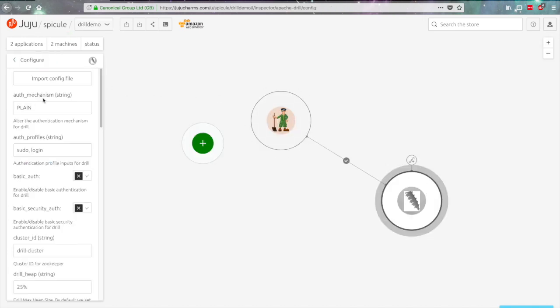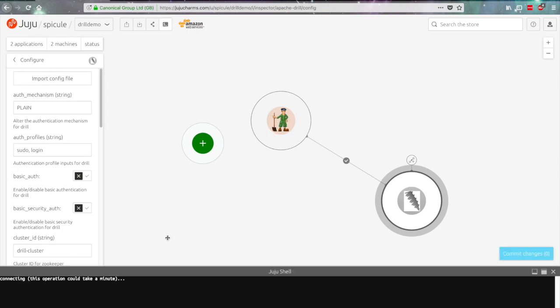So next up, we're just going to have a look at the configuration. You can see there's two settings in here. One is basic auth and one is basic security authentication. So what we want to do, you don't necessarily want to have your Drill server exposed to the public-facing internet without any security. So what we've done inside the Drill charm is allowed for charm administrators to add users to